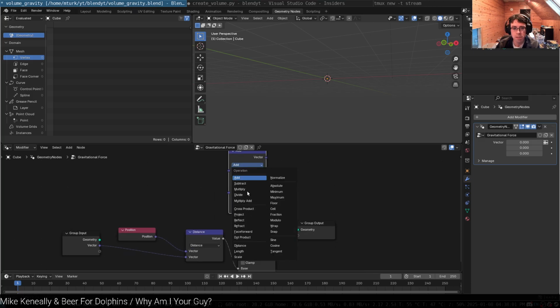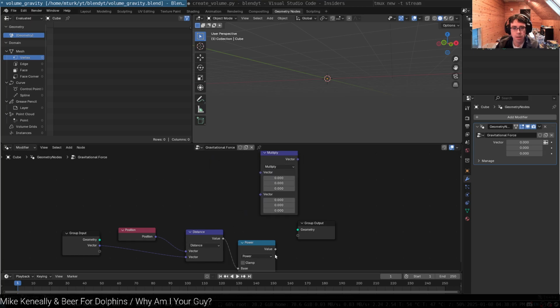We will do a multiply vector by, it's going to be a scalar, basically. Position is going to go in there. So we've got our position multiplied by,